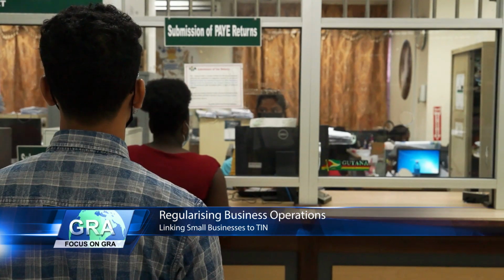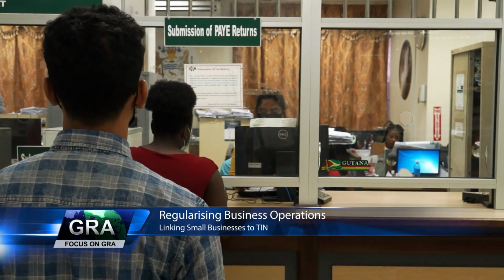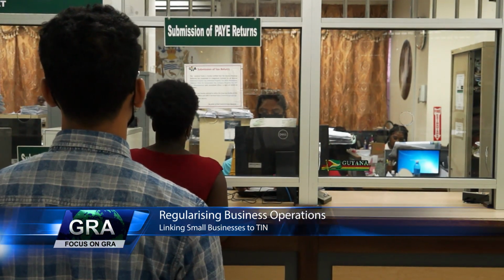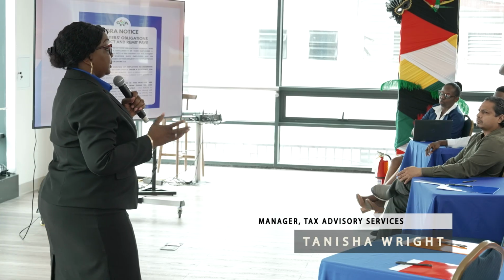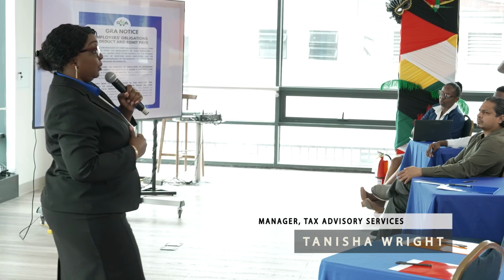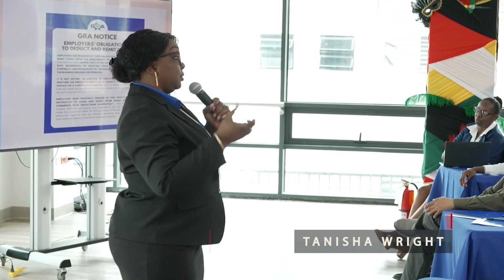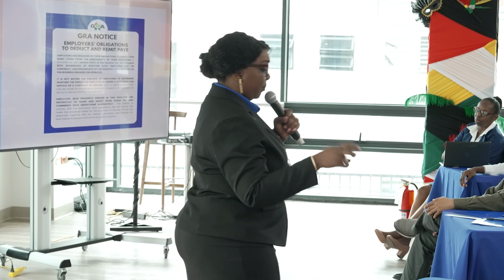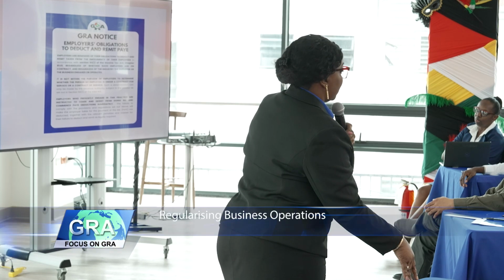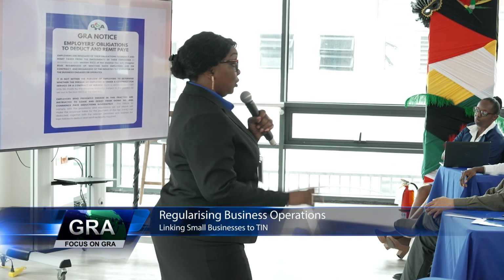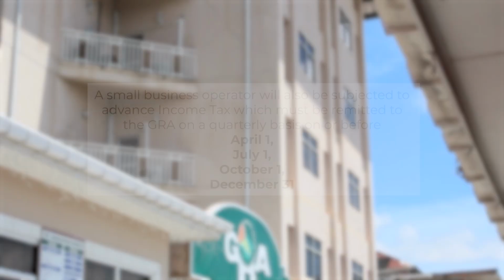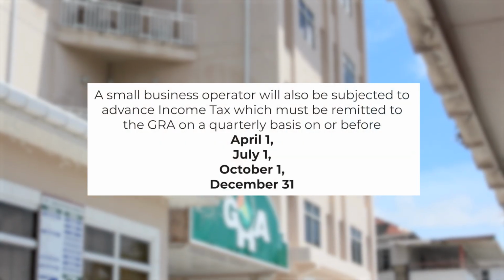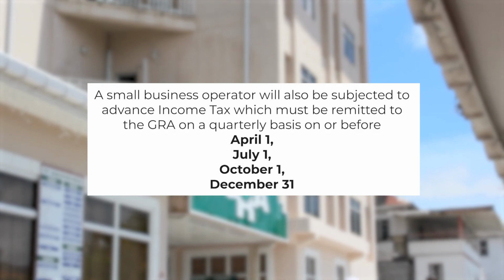If the business operations employ persons, then PAYE must be deducted and remitted to the GRA as explained by Manager of the Tax Advisory Services, Ms. Tanisha Wright. Once you are going to claim the payment of their wages as an expense, you must deduct the appropriate taxes from them. A small business operator will also be subjected to advance income tax, which must be remitted